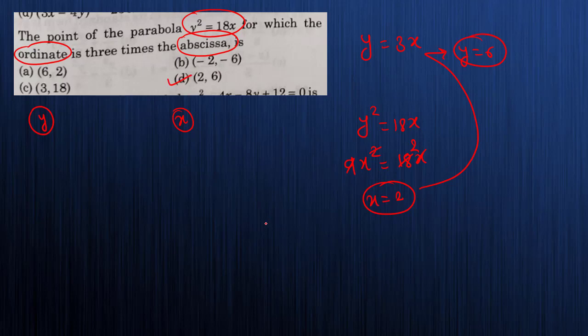Okay, focus on the concept, how we are approaching the question. See, anyone can solve, but time is short, you have to solve the question in a short duration. Next, the equation of a parabola with vertex at the origin and a directrix y equals 2 is. Look, the vertex is given at the origin and the directrix is y equals 2.